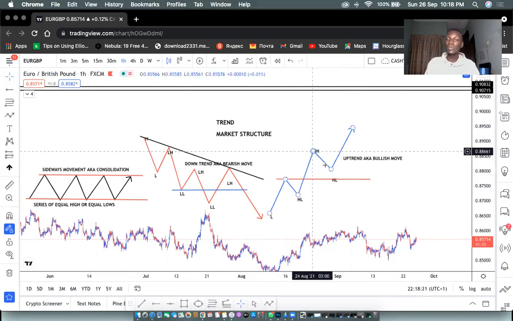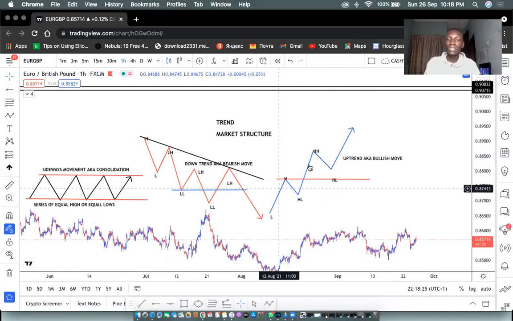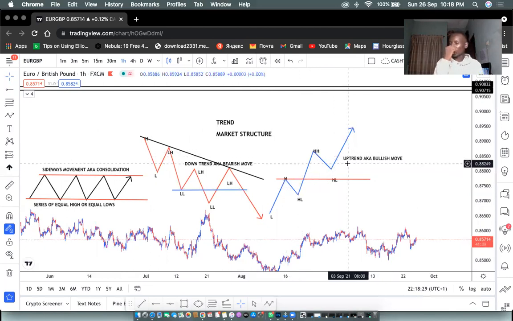He just did a little pullback and he continued his move up. That doesn't mean that, oh, by the end of your training, you are going to see various ways to identify where price will definitely come to touch before it will go up. We are going to do all that, but for today's session, we are just focusing on trend, identifying the trend